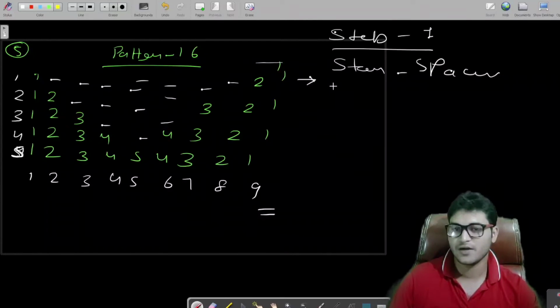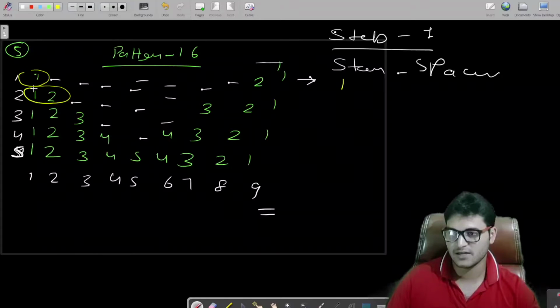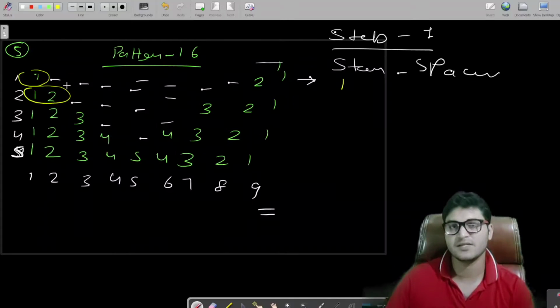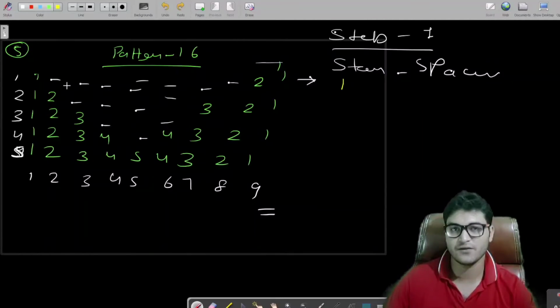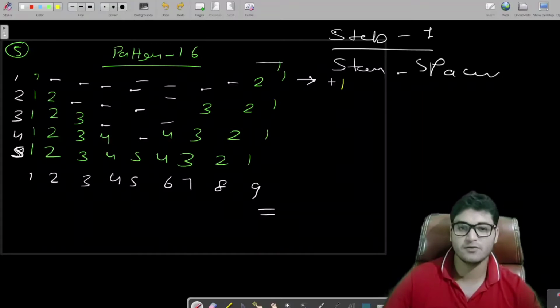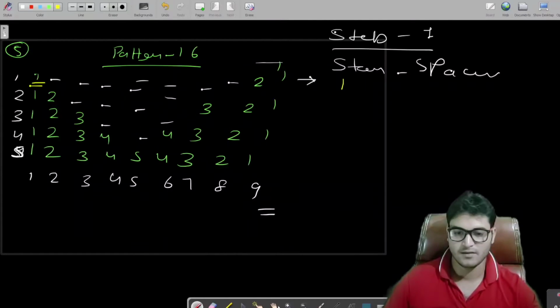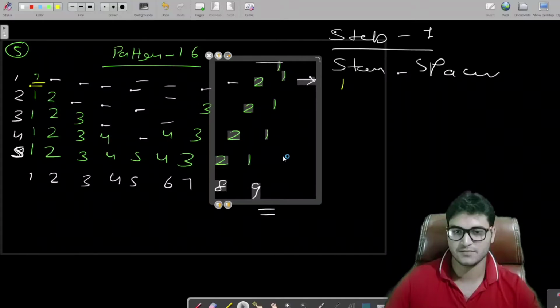In the first row we have 1 star, and I forgot to mention this, we are treating these numbers as stars for now. We will replace the stars with numbers. So first of all, we have to worry about the shape, how we will be able to print the shape. So in the first row we are having only 1 star, or you can say only 1 number. So this is first row. Let me move it a little bit down so that you should not get confused.